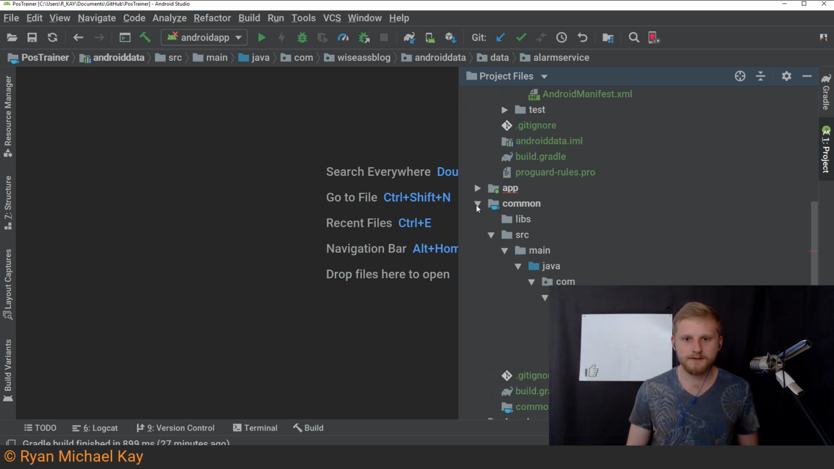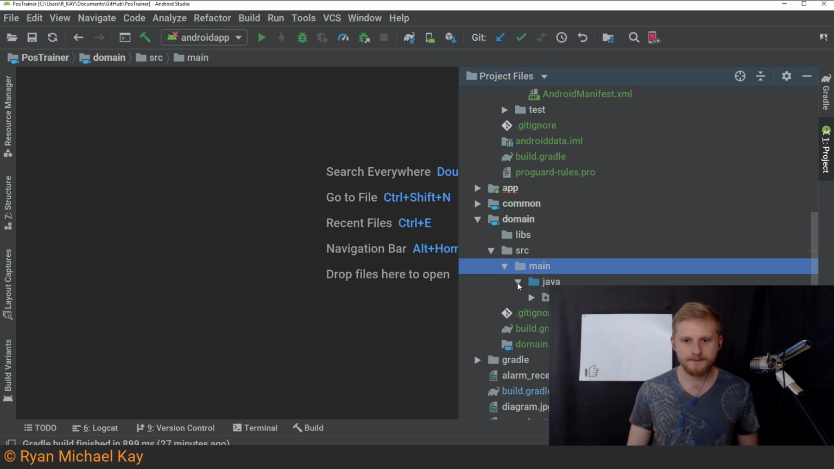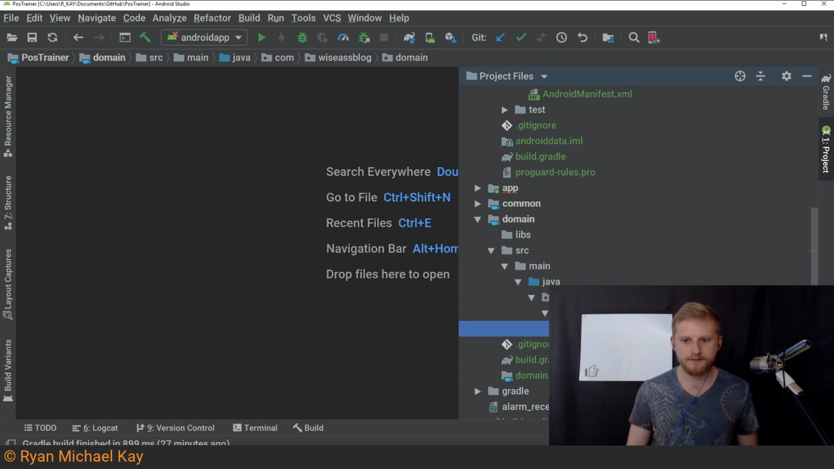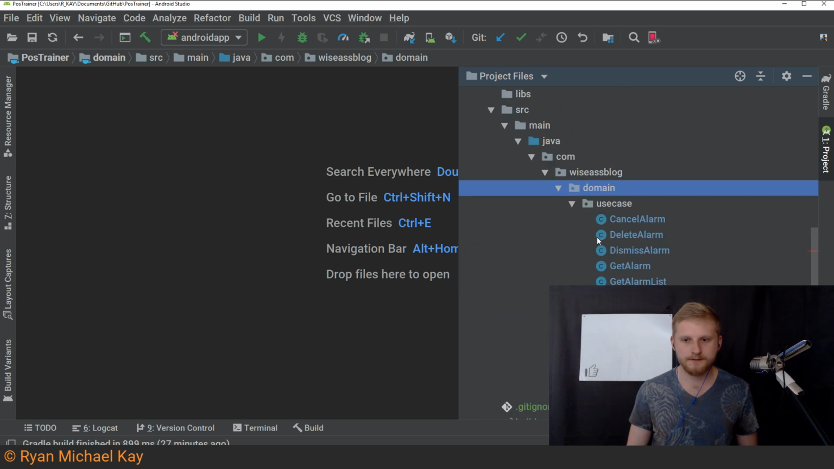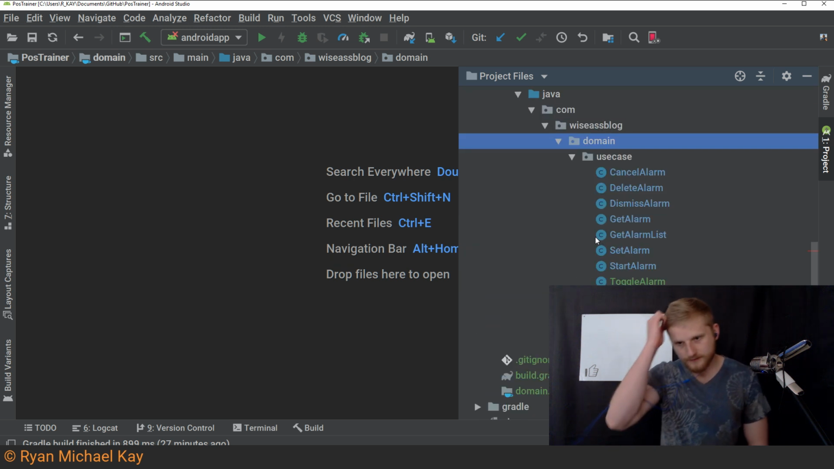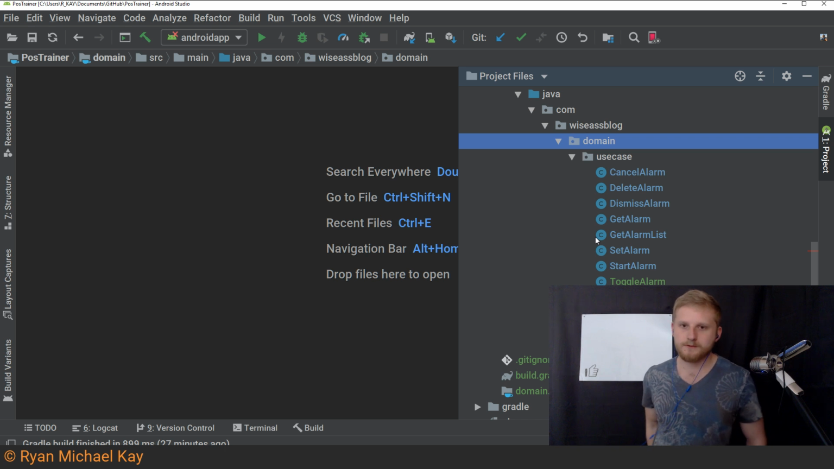Now I'll look at the domain module here. Convert this stuff into some Kotlin. So I had all of these use cases, so